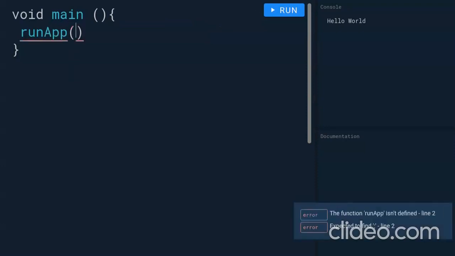So runApp. First let us quickly discuss the main concept behind Flutter. The main concept behind Flutter is that we need to compose the widget tree and modify the state. Our code has to compose the widget tree and modify the state. This is the main concept behind Flutter, because the user interface is simply a tree of widgets. So what we have to do in our code is compose the widget tree, and whenever some user event happens, we have to modify the state.